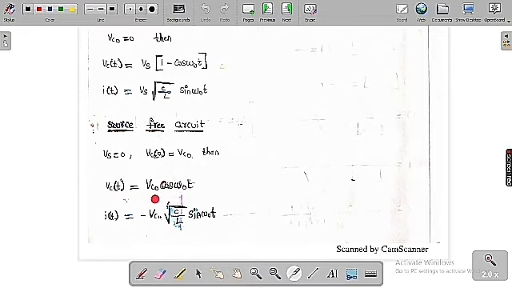Vc of t is equal to Vc naught into cos omega naught t, and I of t is equal to minus Vc naught into under root of C by L into sin omega naught t. It means the current is simply going to reverse its direction. In the previous case the capacitor was absorbing the power, but now